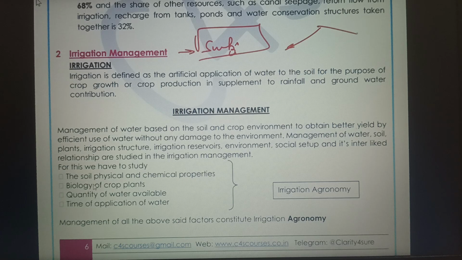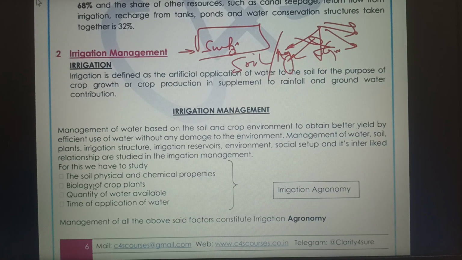In this, a number of things will fall under its ambit. You have to study soil sciences also, you have to study agriculture meteorology also, and the growth of the plant also. So everything that is influencing the availability of the water, either living or non-living, will fall under the ambit of irrigation management. So if some question comes, what do you mean by irrigation? What are the areas that we study under irrigation management? Then you have to write everything, living, non-living, everything you have to relate in the answer.